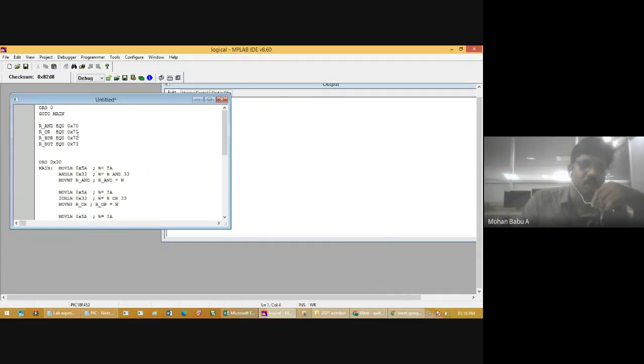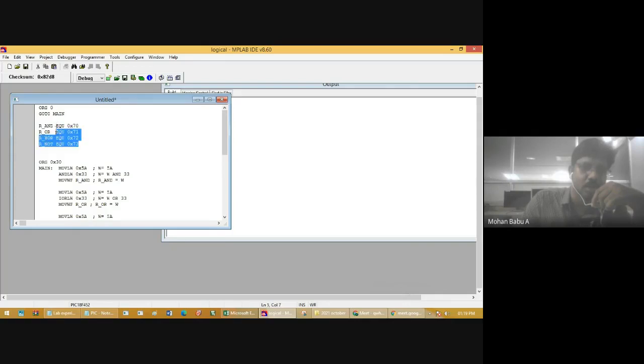We have some code. org 0 means the program will start storing the instructions one by one from location 00. We give four file registers to store the result for AND operation, OR operation, XOR, and complement, that is NOT. I gave the locations 0x70, 0x71, 0x72, and 0x73.